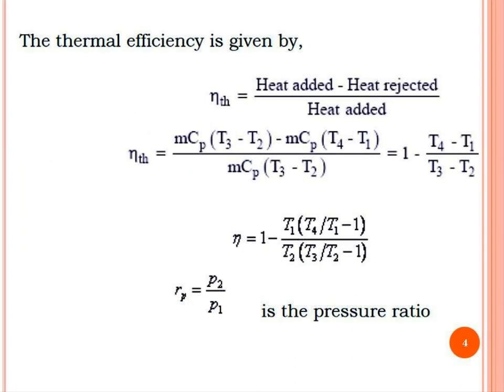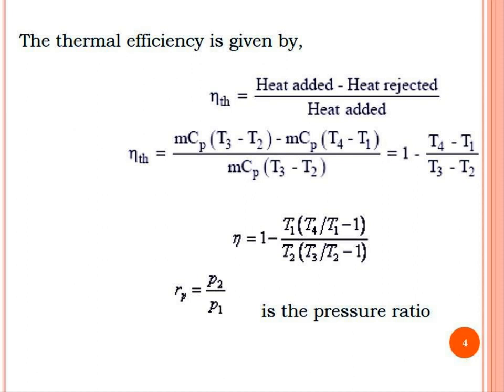Now our first task is to find out the efficiency of a simple open cycle gas turbine power plant. We know that generally efficiency is the ratio of net work available divided by supplied heat. Or in other terms, you can say efficiency is the ratio of heat added minus heat rejected divided by heat added. So if you refer to the previous TS diagram, you can find out the amount of heat added,